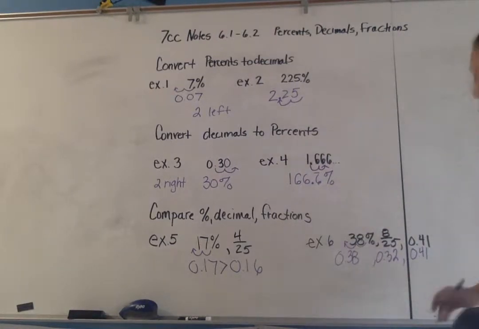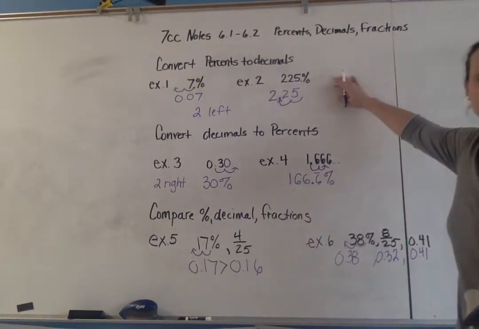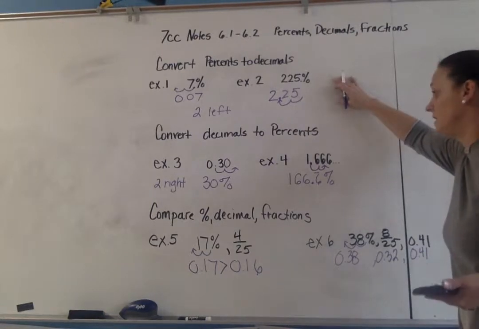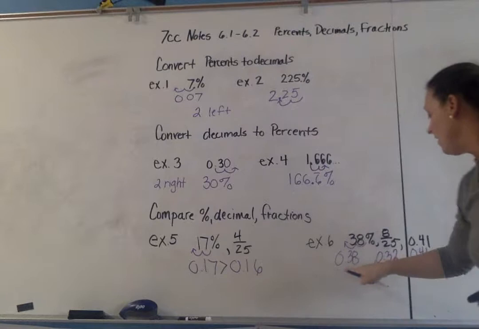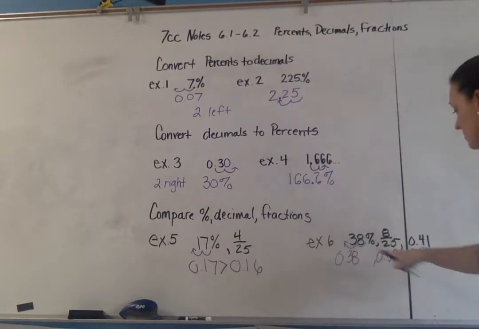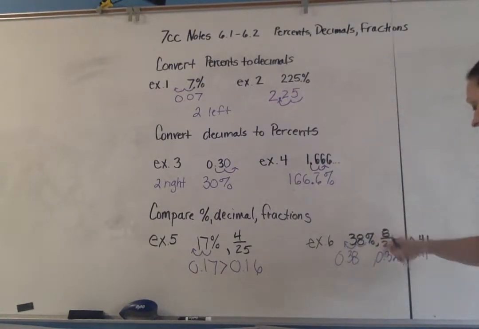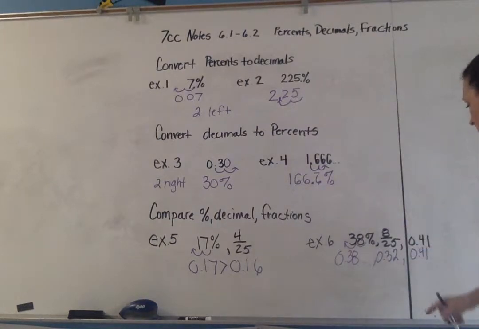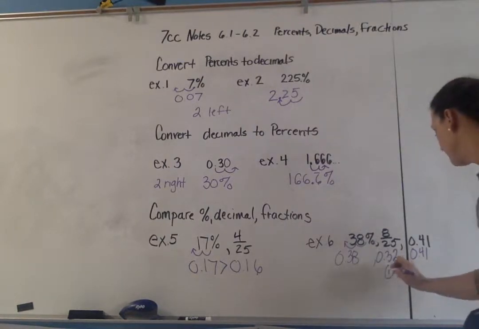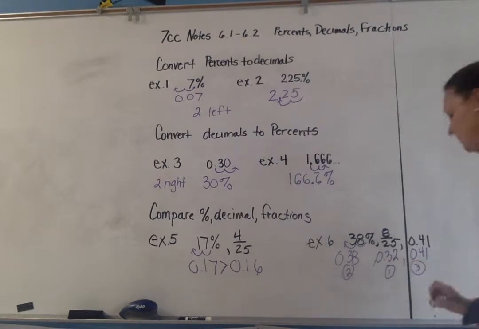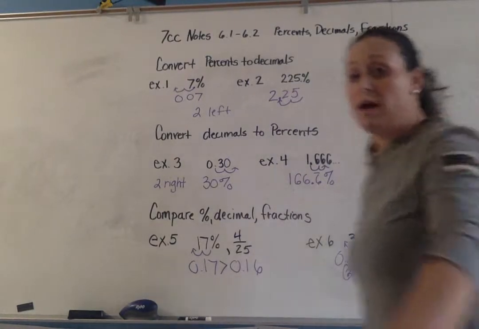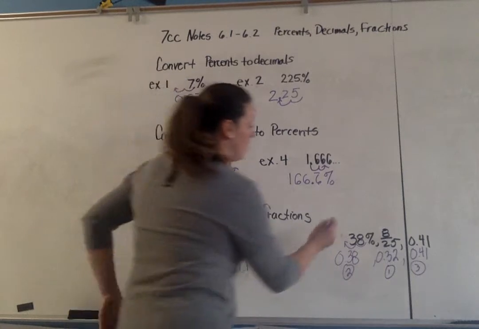Now, anytime we're converting from a percent to a decimal, decimal to percent, fractions, percents, we're creating an equivalent representation of it. So these 3 decimals represent the same amount as this percent. This decimal represents the same amount as this fraction. So now as I look at them, if I want to put them in order, smallest, middle, biggest. Now, if I choose to do so on the number line,